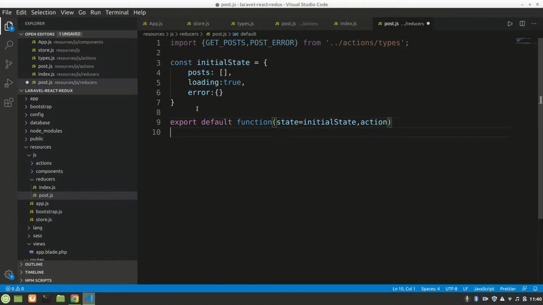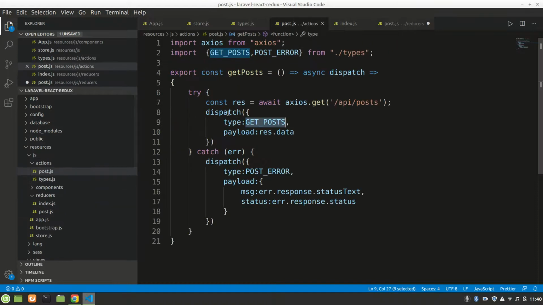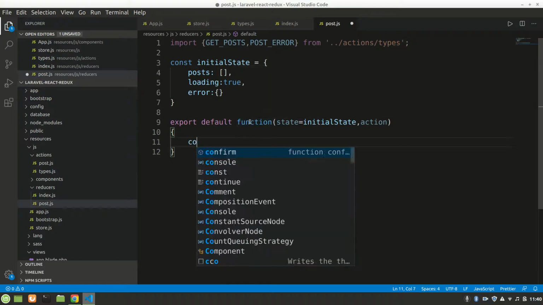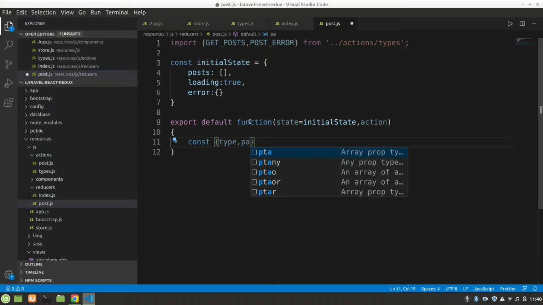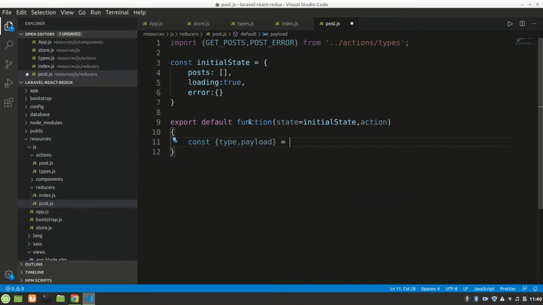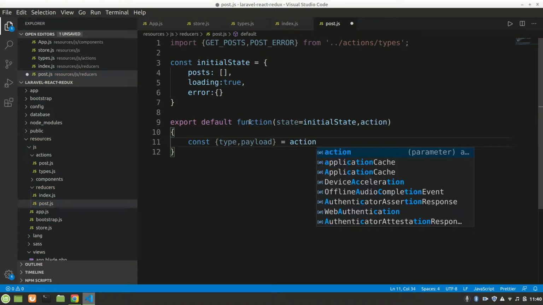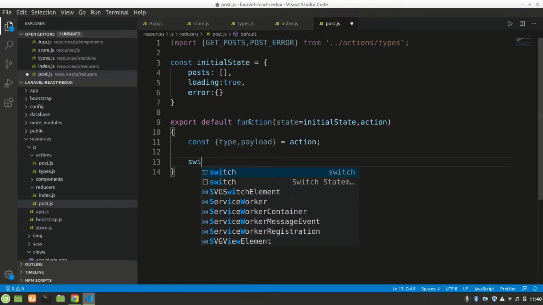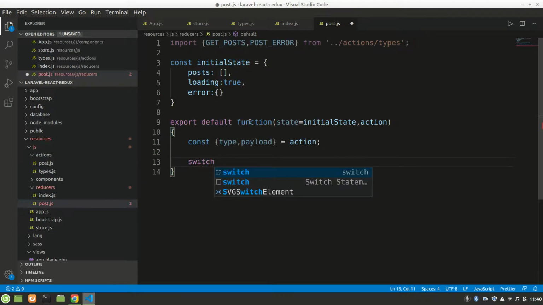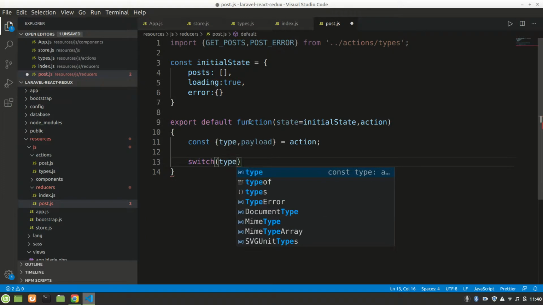Yeah, and our action, remember, our action has two things. One is type and one is payload. So let's destructure that. We'll say const type, comma, payload, and we'll destructure that from action, right? And we'll say switch type,